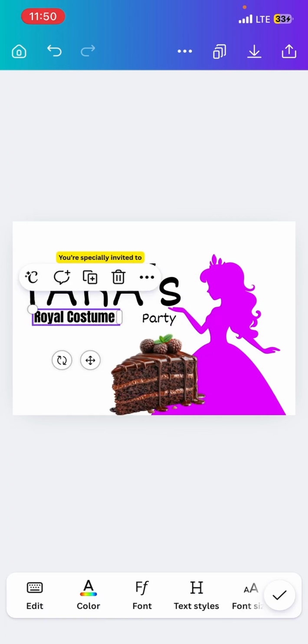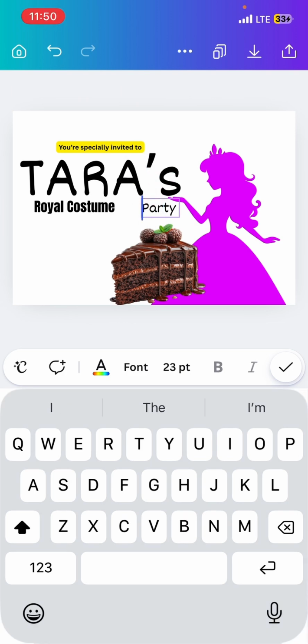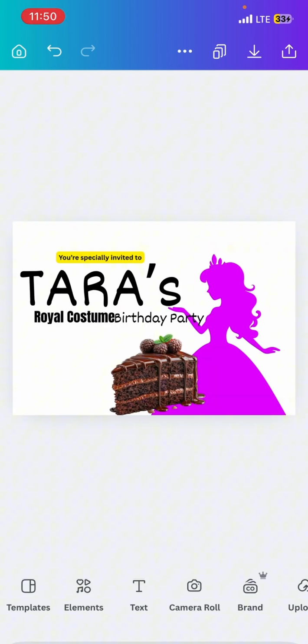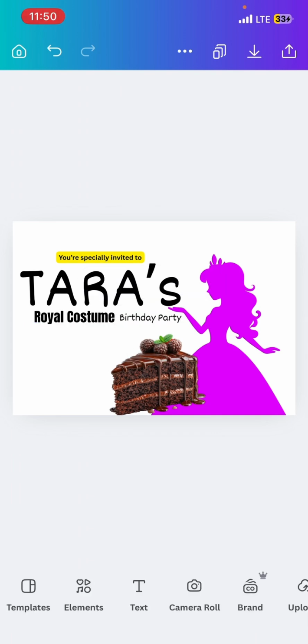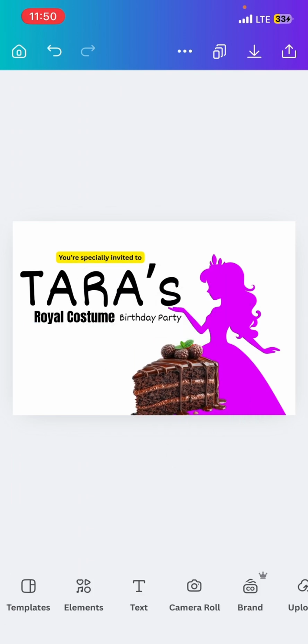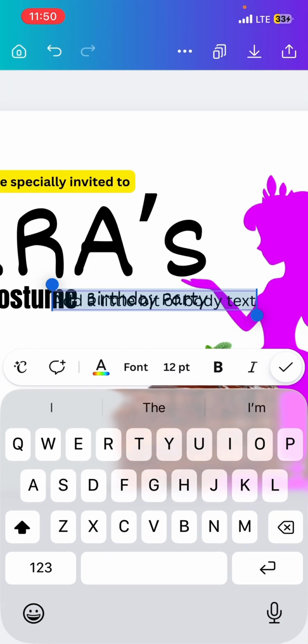Okay, I didn't include that it's a birthday party. Let me indicate it here. Birthday party. Okay. So I put the cake there, and I can simply go ahead to write the kind of costumes. I can go ahead and write